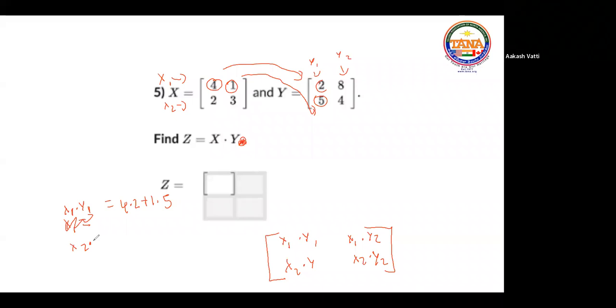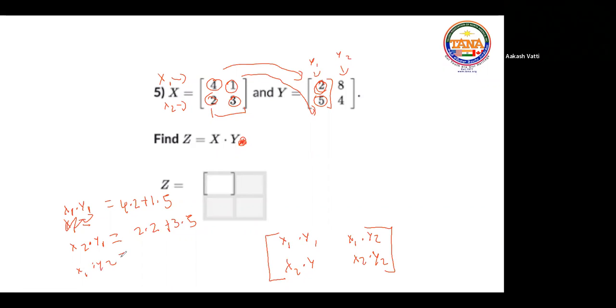x of 2 times y of 1 is 2 times 2 plus 3 times 5. That is right here, because you have row number 2, which is 2 and 3, and you're multiplying by column number 1, which is 2 and 5. And so the first of row 2 is multiplied by the first of column 1, and you have the second of row 2 times the second of column 1, and that's what you get there for x of 1